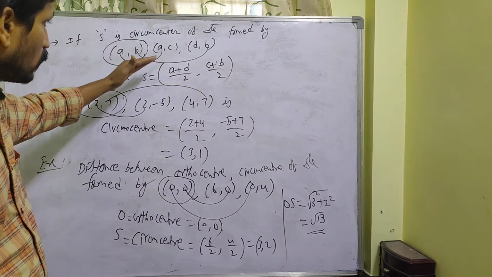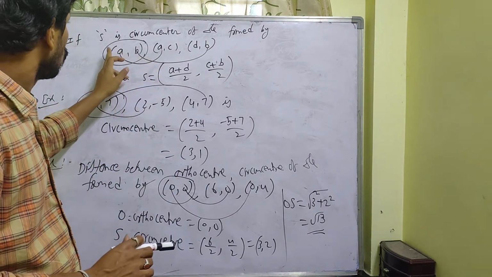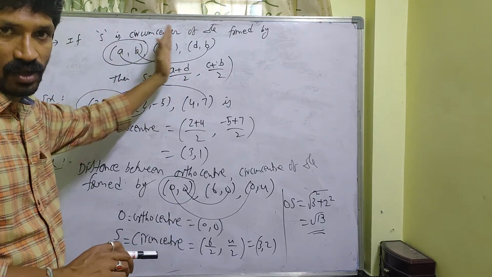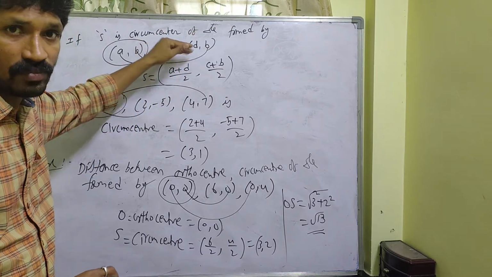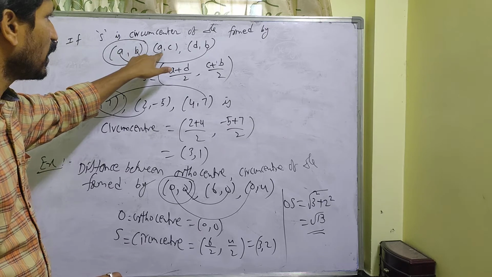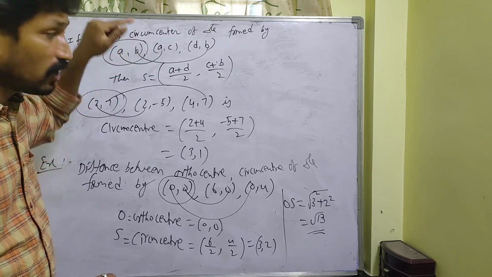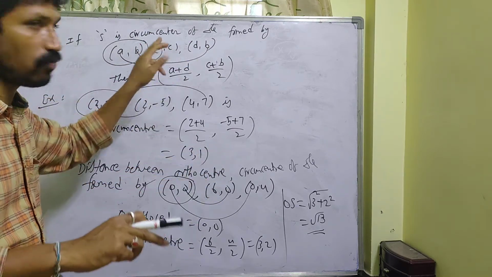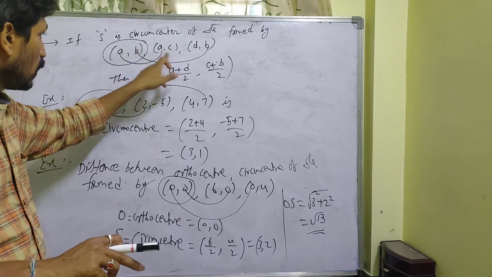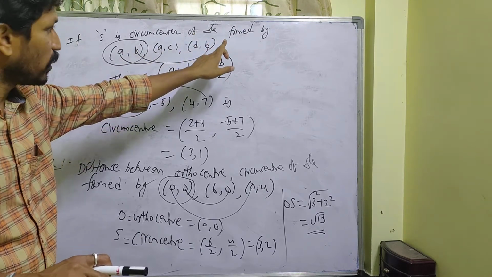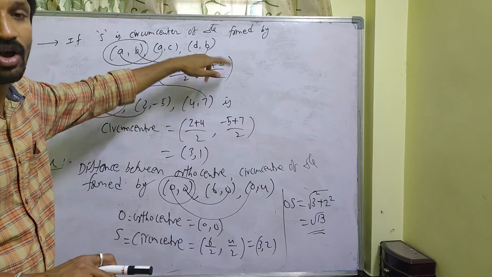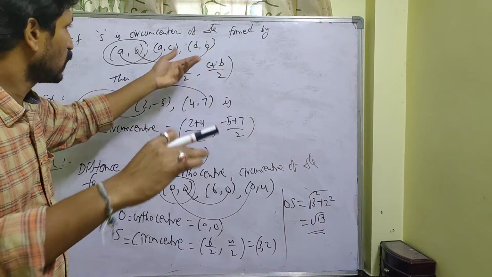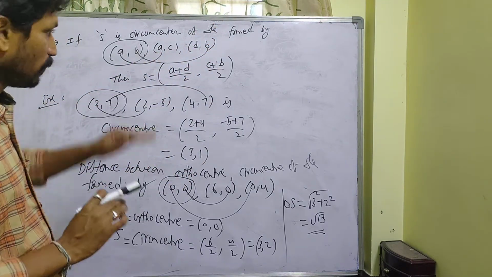Here I just want to give one suggestion. If the points are in this form, clearly it forms a right angle triangle. But in all right angle triangles, the vertices need not be in this form. If the points are in this form, very clearly it is a right angle triangle, but the converse need not be true. You can't expect that for all right angle triangles the vertices are in this form. So this is very, very important.